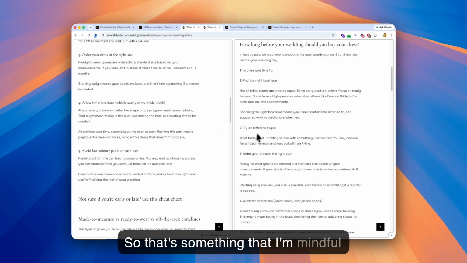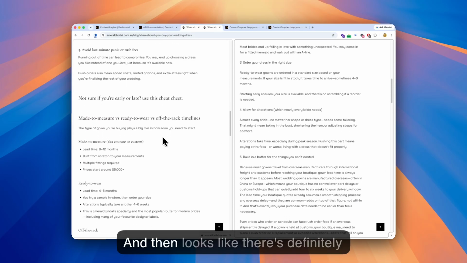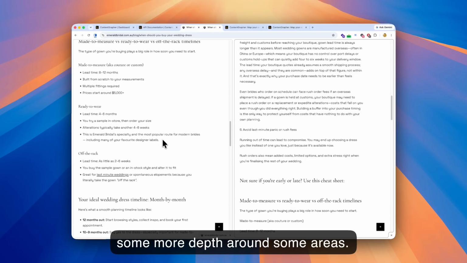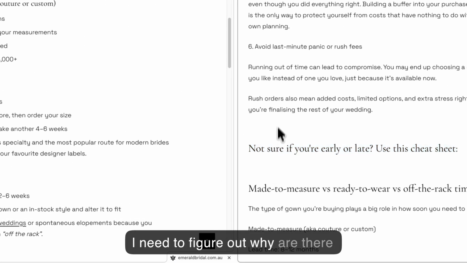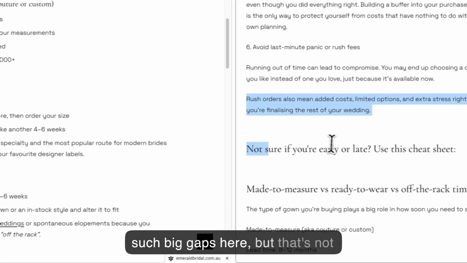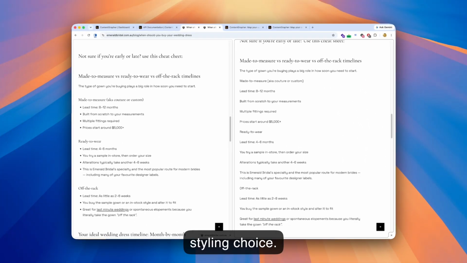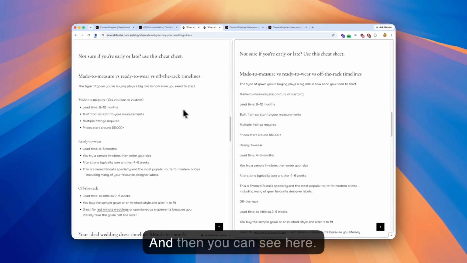So that's something that I'm mindful of. And then it looks like there's definitely some more depth around some areas. I need to figure out why there are such big gaps here, but that's not relevant right now. That seems to be a styling choice. And then you can see here,